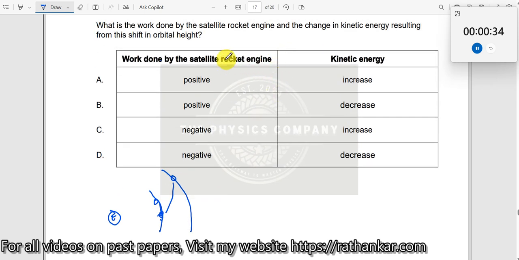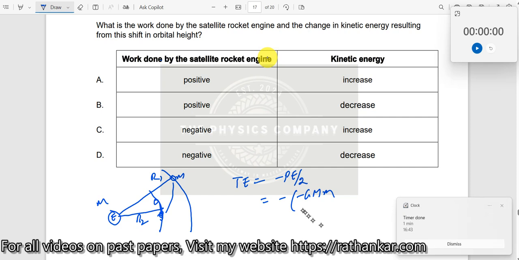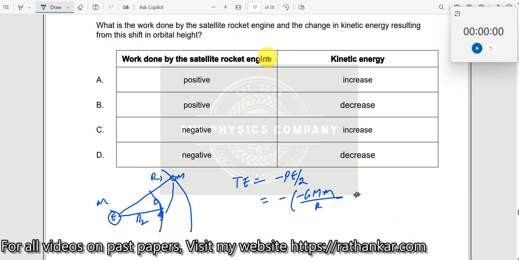It says, what is the work done by the satellite rocket engine and the change in kinetic energy resulting from this shift in orbital height? Okay. So first, let us look at the total energy. Let us say this is R1, this is R2 here. Now we know total energy is equal to minus potential energy divided by 2. In other words, what is potential energy here? Potential energy here would be minus GMm divided by R1,